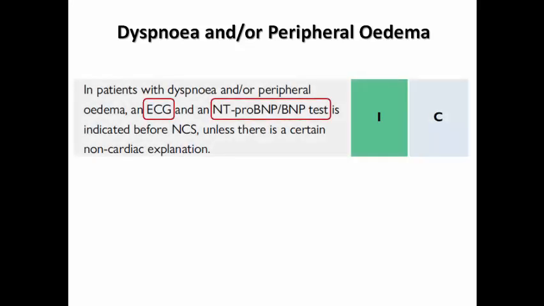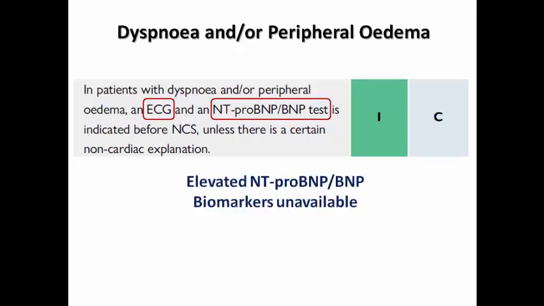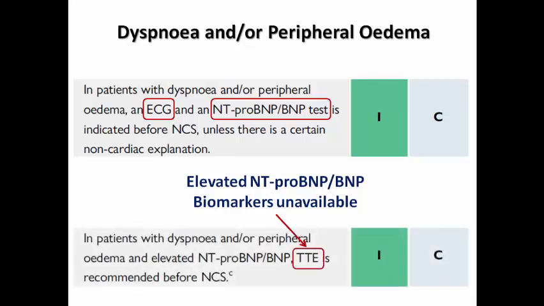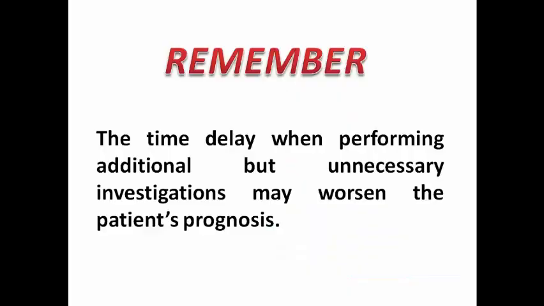In patients complaining of dyspnea or peripheral edema or both, of course, ECG and biomarkers including BNP or NT-proBNP are class 1 before the surgery unless there is a specific non-cardiac explanation. If the biomarkers are elevated or not available, we go for transthoracic echocardiography, of course. And please remember that the time delay when you perform unnecessary investigations may worsen the patient's prognosis due to delay